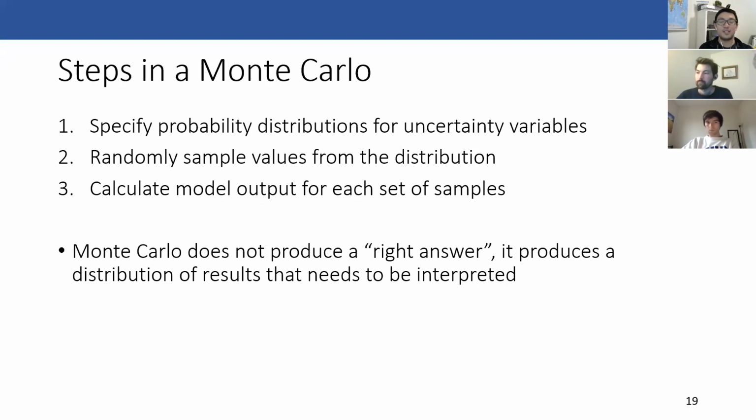Again, the Monte Carlo doesn't produce one number or answer, right? It makes a distribution of results that you can then interpret in a variety of ways to figure out what you want to say about your